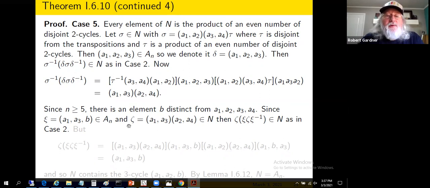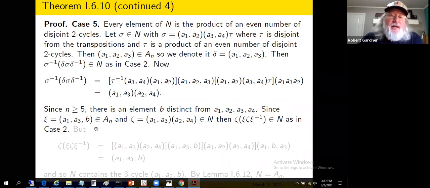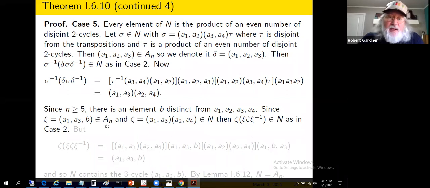We know zeta is in n. This is a 3 cycle, so it's in A sub n. All 3 cycles are even. So again, as in case 2, if we do the conjugation, that'll give us something in n. Zeta is also in n. If you compute what this element of n looks like,